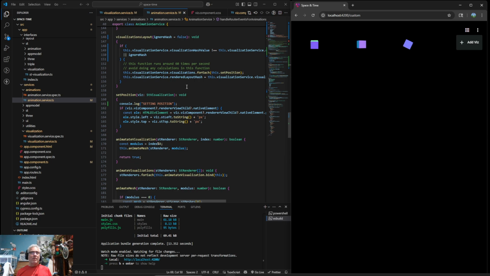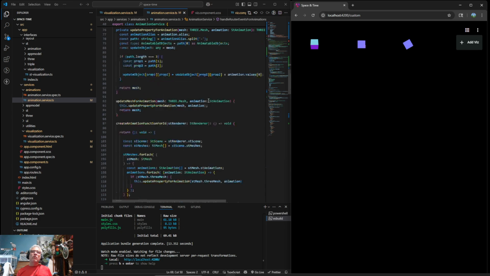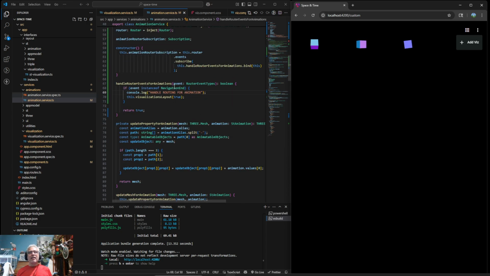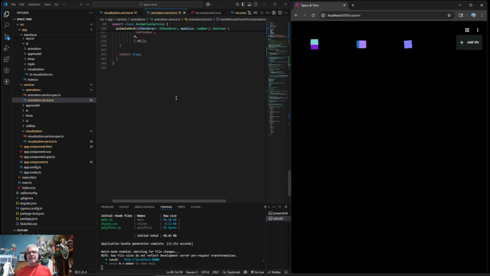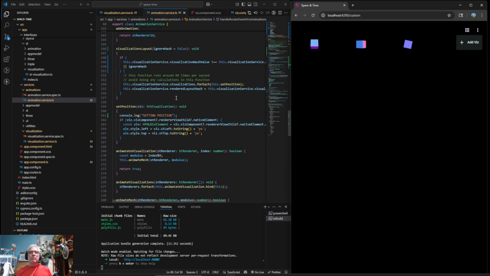There was a problem that was happening before this even happened in my current story that I came up with. Because what we did was we said, hey, anytime the router changes, run that. And then we added a flag to say whether it should ignore the hash, which basically means just redraw it even if the hash is the same. And then we added some logic in here to say, hey, or ignore hash. If ignore hash is true, then go ahead and do it, even if this first part fails, which is the visualization hash hasn't changed.